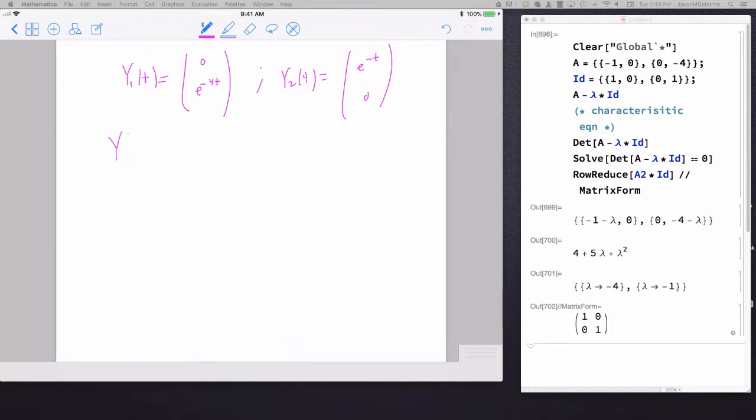Then when you find y of t, the solution to your initial value problem, we're looking for k2 times e to the negative t, and k1 times e to the negative 4t. This is your general solution